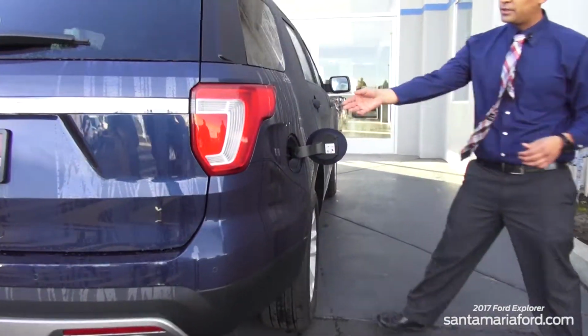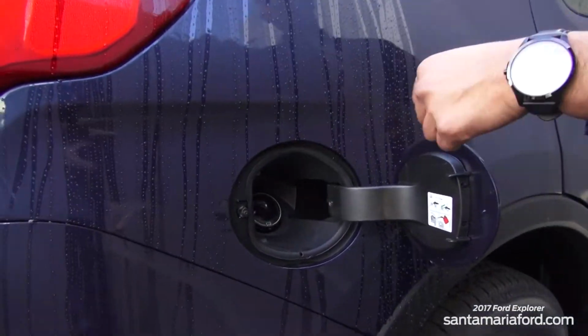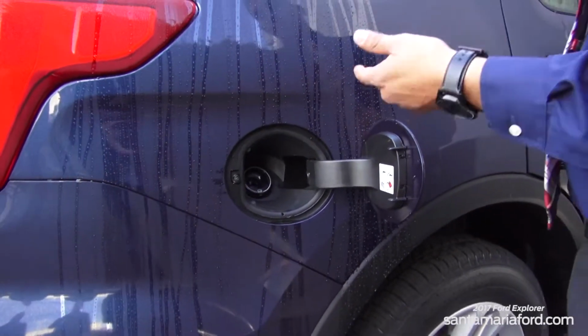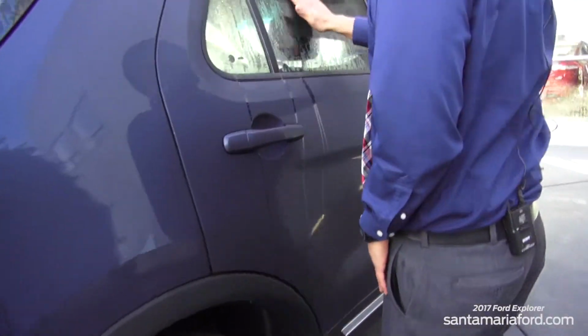Over here on the side, it's very impressive to me. You get to the gas station and then you just start fueling. You don't need to take off the gas cap. That's pretty annoying, especially if you've lost it before like I have, and this will take that chance away. So all in all,